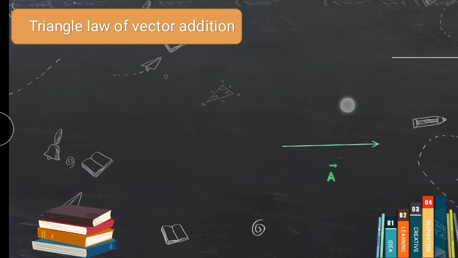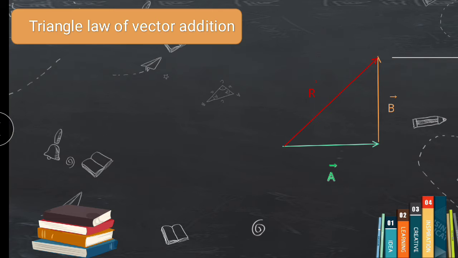Now you can see over here there is one vector bar A. This is the starting point of the vector and this is the ending point of the vector. Now we are going to draw the second vector, which is bar B. This is the starting point and this is the ending point. Now these two vectors, bar A and bar B, are representing two sides of the triangle. Then we can draw the resultant as bar R, and we can start that bar R from the starting point of the first vector until the ending point of the second vector.